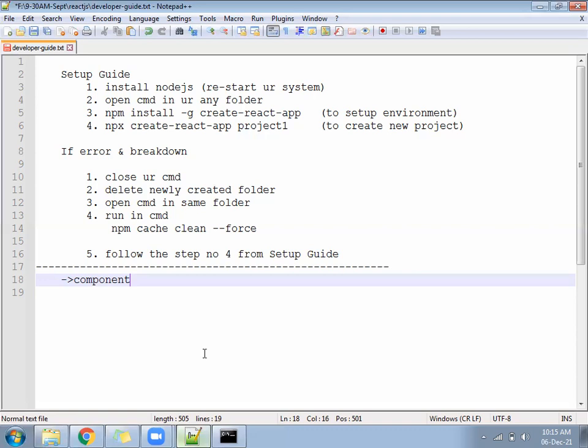We have two types of component, functional component and class component. After a few days, once we go a little deeper, the definition will change a little, but since we are new, we will not focus on so many things and get confused. We will remember that whichever JavaScript file we create under React will be called a component.